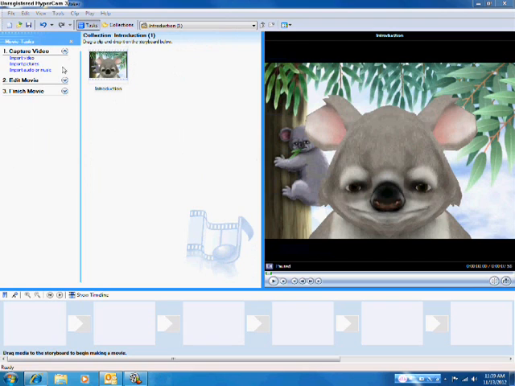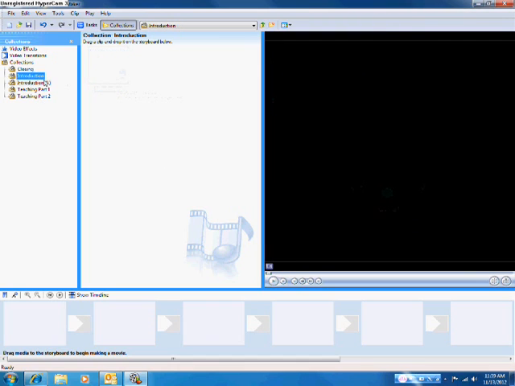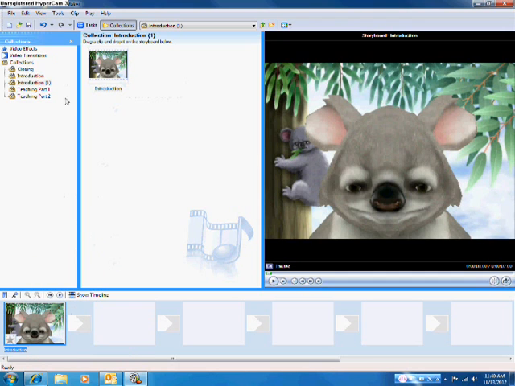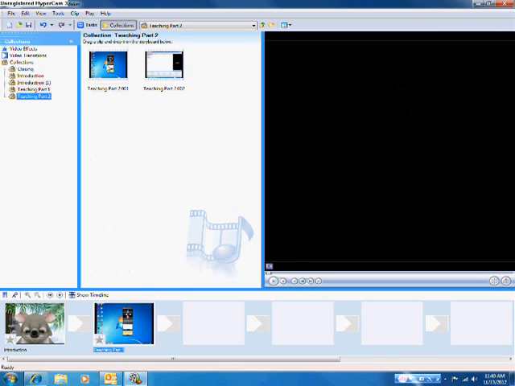Okay, now if I want to see everything I did, I actually have to go to collections, and then the collections will show me everything I have in here. I've got closing, introduction, teaching, and teaching. So we're going to start with my introduction. I'm going to click on introduction, and I'll just drag him down because I know that I want him first. And then I'm going to go to teaching part 1, and finally teaching part 2,